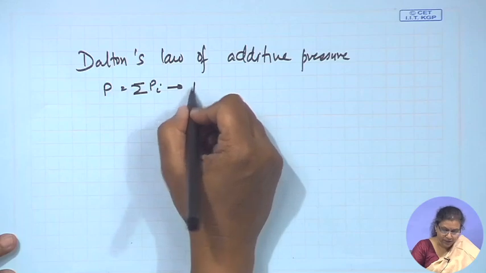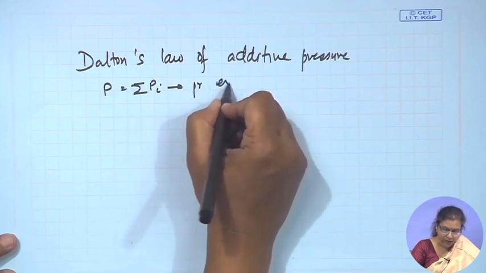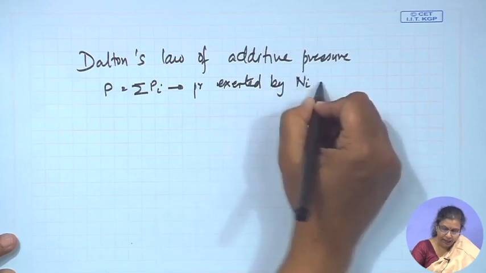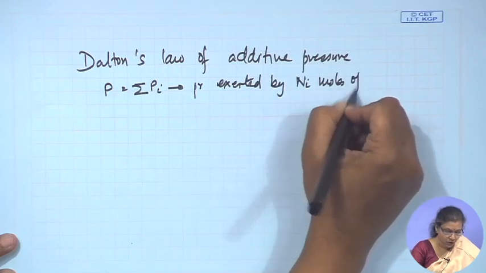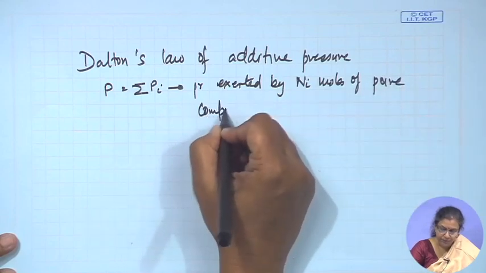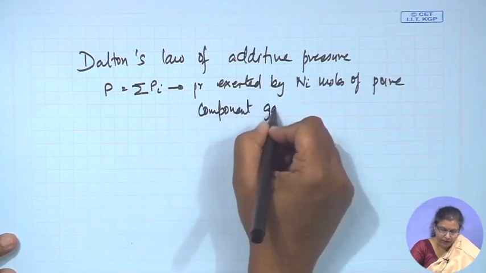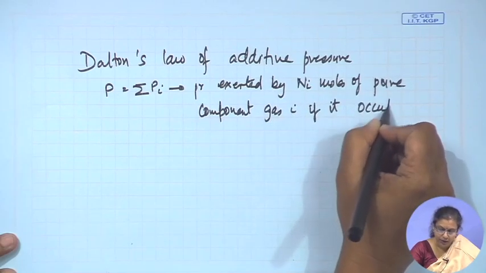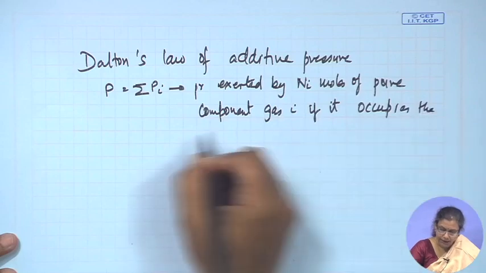What is this? This is the pure component pressure, which is the pressure exerted by Ni moles of pure component gas i if it occupies the entire volume V